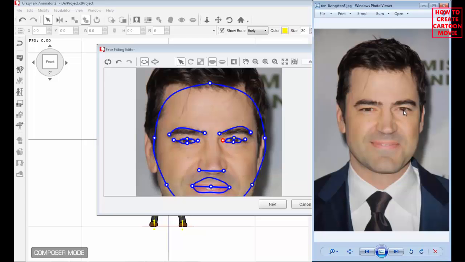Make sure that the mouth is closed, that the character is not smiling, and that there's no other expression, because this will interfere with the animation. And number 3, try not to have accessories on, especially glasses or sunglasses, earrings, or stuff in the hair, because remember